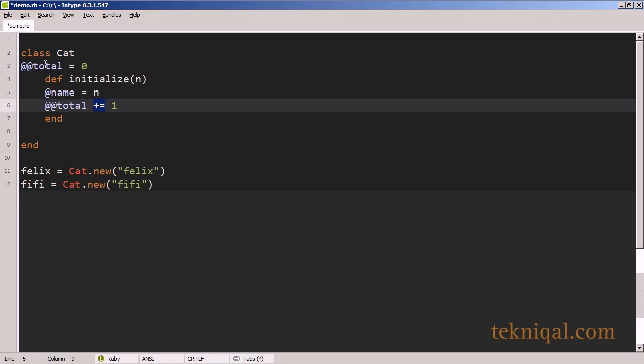I can use this operator to add the value of 1 to this variable. The alternative to writing this would be, some people like to write this out explicitly, but if you prefer a more concise version, you can use this. So this total variable, only one of these total variables exists for the entire cat class. So no matter how many cat objects I create, when I update this total, it's going to refer to the